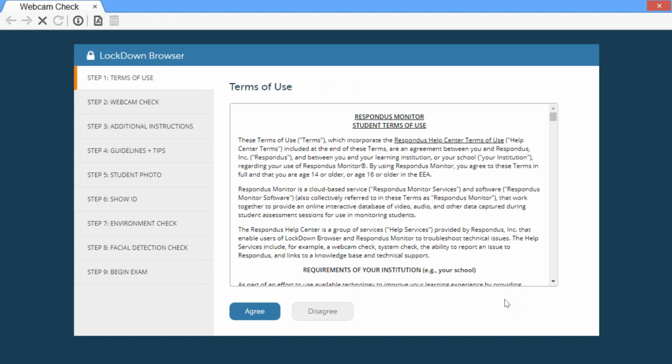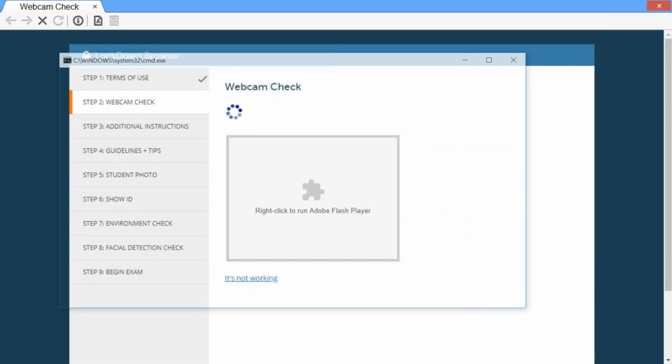And now you'll notice the very first thing the student sees is this terms of use. So the first part is between Respondus and the student, and the next part is between your institution and the student. I have many institutions that will either include their own code of conduct here, or perhaps if you have some sort of an LMS technology statement that you want to substitute in here or use, you're welcome to do so. Once the student agrees,